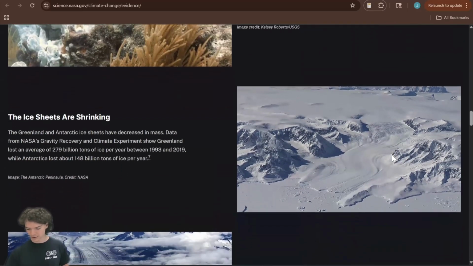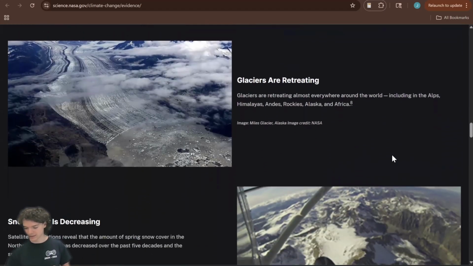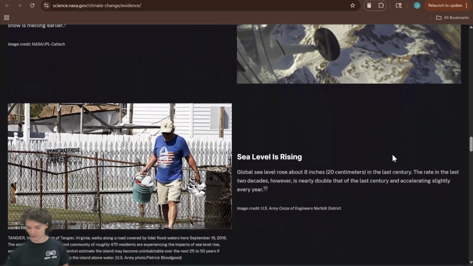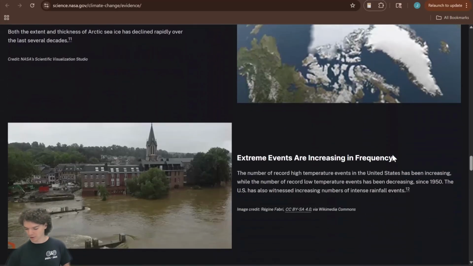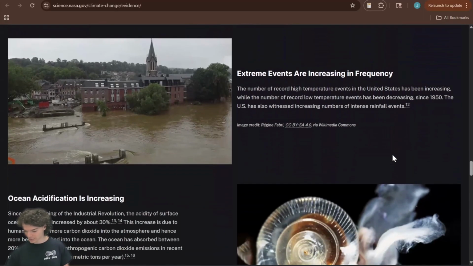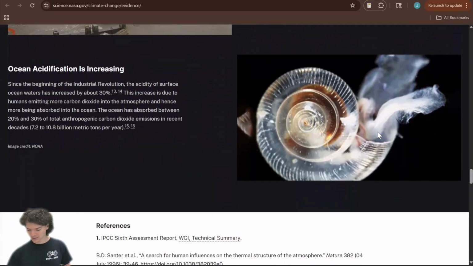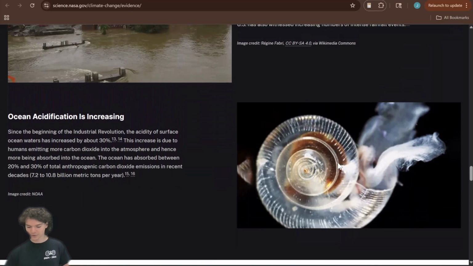There's a lot of good sources here. There's also shrinking ice sheets, glaciers that are retreating. We see less snow cover as well. These are all from methodical experimental studies and observations. Sea level rise we discussed, Arctic sea ice, and extreme events as well. High temperature events is a big one that's been happening that you may have experienced yourself. Ocean acidification is affecting a lot of the ecosystems. There's a lot of information here. I encourage you to go read about it, tell your friends, family, this is a very important conversation